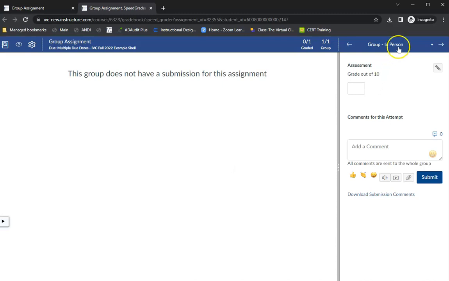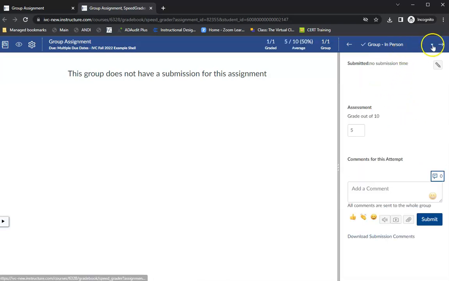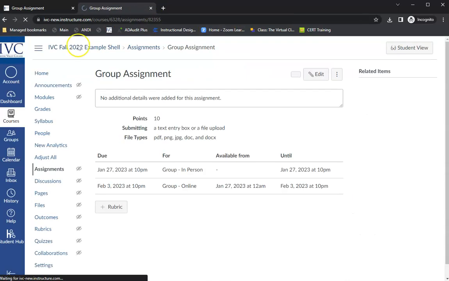And then if I go into SpeedGrader, notice it now gives me the group, and what did I want to give group in person a grade for this. I can hit a 5, tab off, and notice it's only got in person, it's only got the people that I have in that group. So now if I want, I can go back to the assignment, group assignment here,